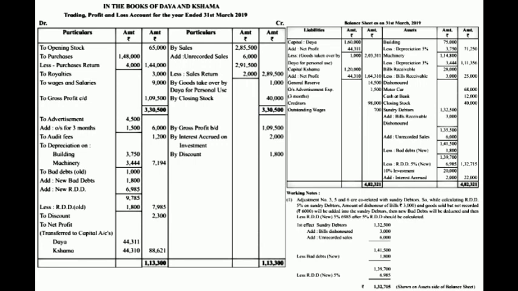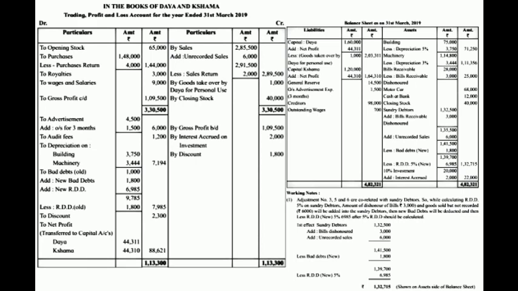Now this 1,800 first we have to deduct from the debtor. So in balance sheet asset side we will show as less new bad debt 1,800, and this 1,800, the second effect we can see in profit and loss account debit side. First we have to write on the profit and loss debit side old bad debt, that is in your trial balance 1,000. Then below this we have to add new bad debt 1,800 because it is an additional loss. So loss will have to be added and shown.